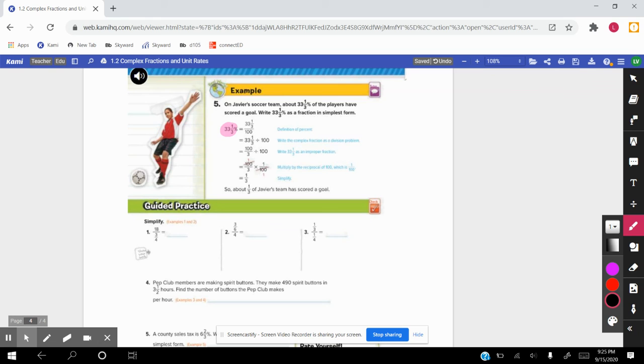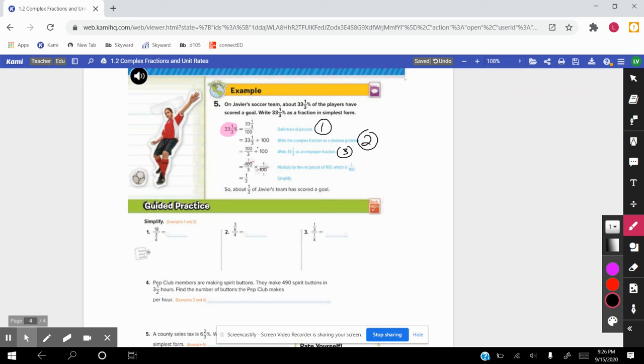The next step. So step number 2 is to write the complex fraction as a division problem. So 33 1/3 divided by 100. Then step number 3, write 33 1/3 as an improper fraction. So 33 times 3 is 99 plus 1 is 100. So 100, my apologies, divided by 3